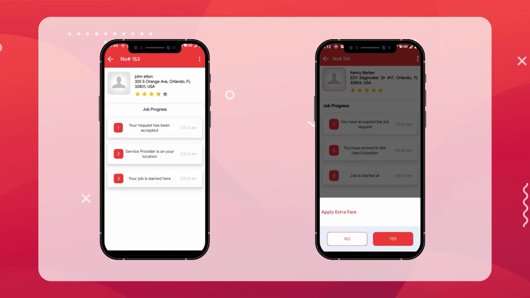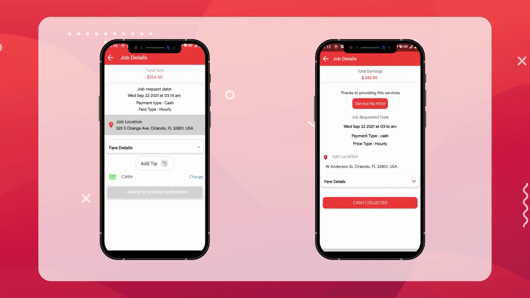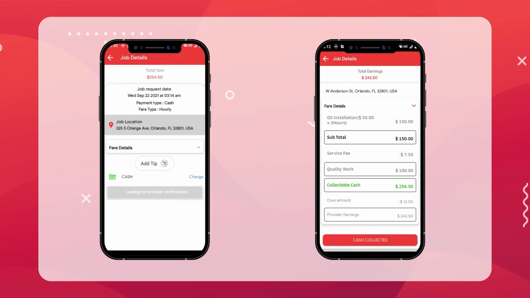On sliding the end job option, the provider will receive an option to apply extra charges. If the provider wishes to apply extra charges, the provider can apply the charges. Now the payment page will be displayed for both user and the provider.